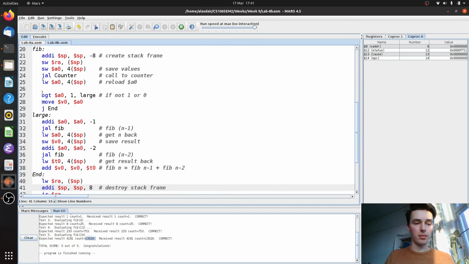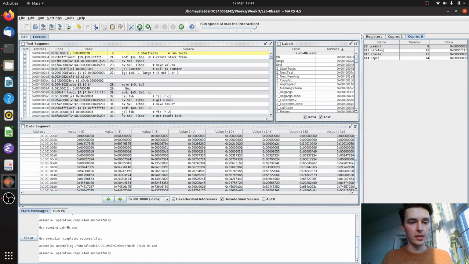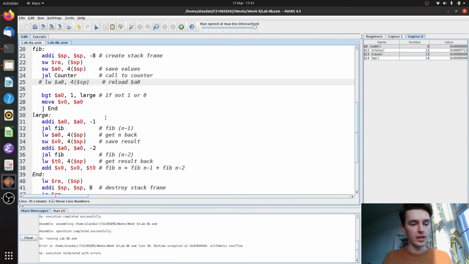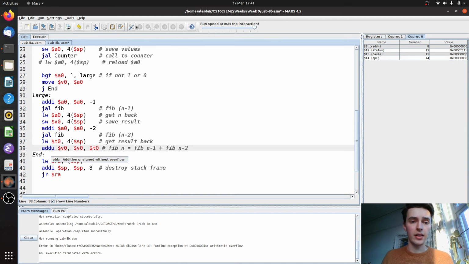Now one thing that was quite important to note was that you need to do this. If I don't do this, let's assemble it and see what happens. So I get an arithmetic overflow error. That can only be coming from one of these adds. So if I do add unsigned here, I assemble it and I try again,